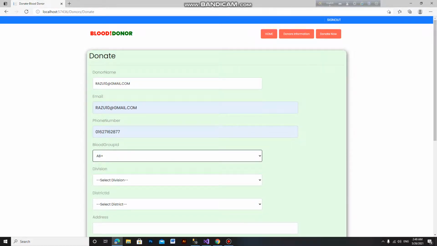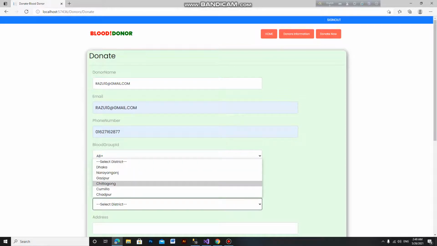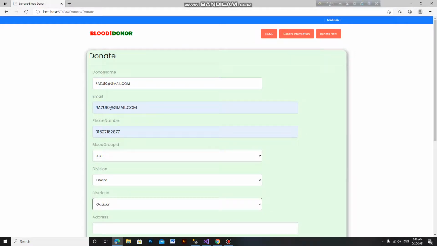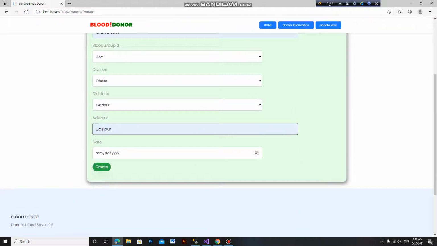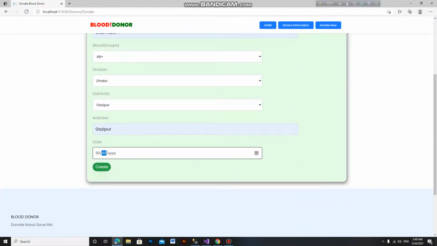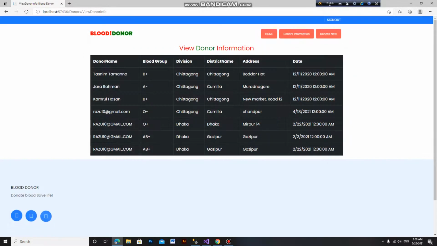Select the division, Dhaka, select the district, Gazipur, and select address, Gazipur, and select the date and create. The donor information has been successfully added. So we see the donor information. This is the last added donor information, Gazipur, and details here.